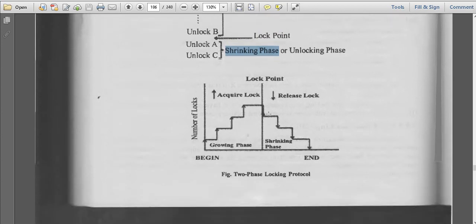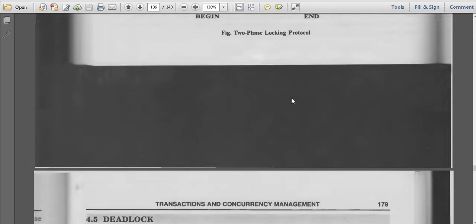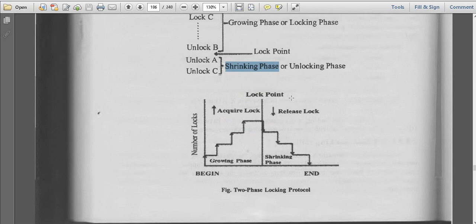Okay, done. So this is the thing. Once we are accessing the locks, it will grow like this. Once it reaches the lock point, from here you have started releasing the resources. So this is the shrinking state and this is the growing phase. There are a number of locks. Clear? Once shrinking starts, there is no growing again. Once you release all the data items, then only another phase will start, another growing phase will start. So this is two-phase locking. Okay?